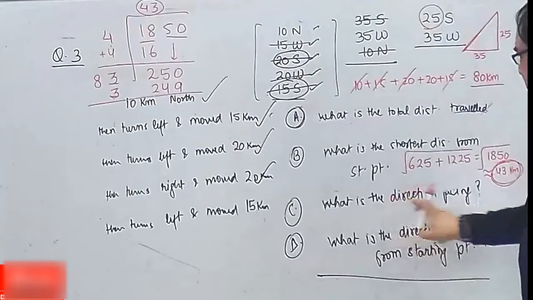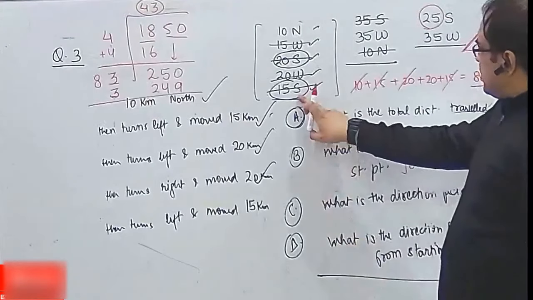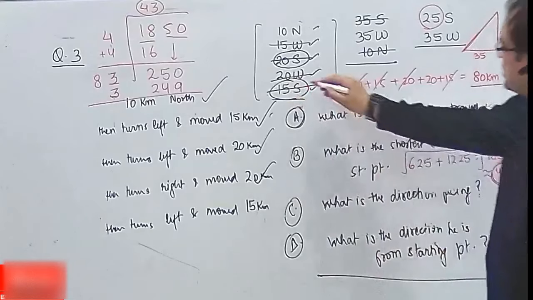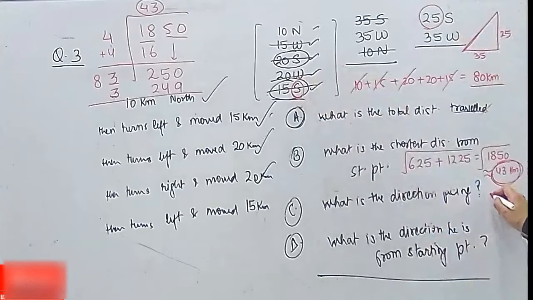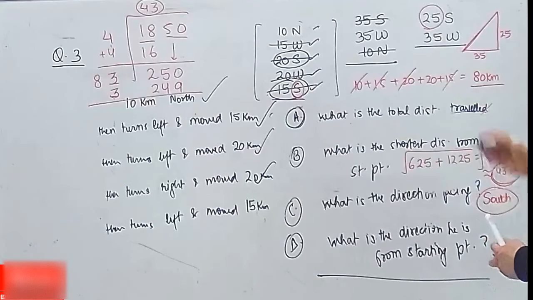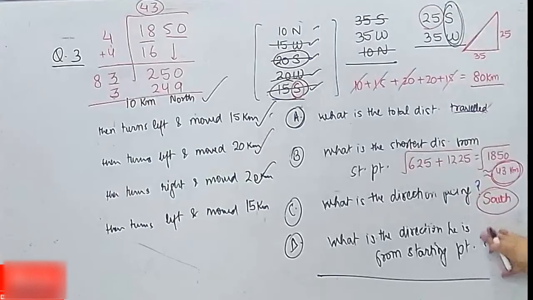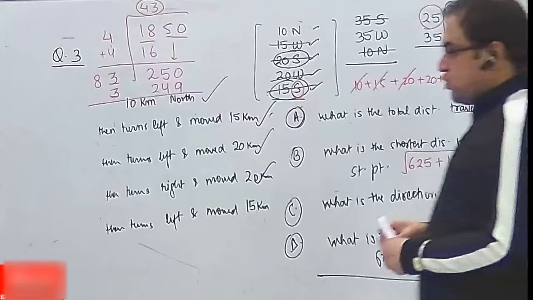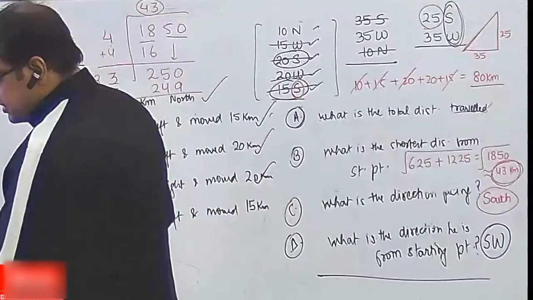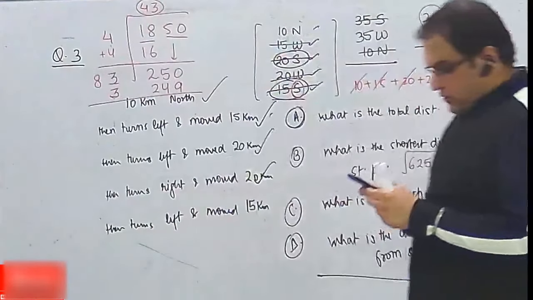अब डायरेक्शन, फेसिंग कौन सी डायरेक्शन है? उसने जो लास्ट डायरेक्शन चली, वो लास्ट डायरेक्शन कौन सी थी? यहां से हमने देखा था कि लास्ट डायरेक्शन है साउथ, तो साउथ इज द डायरेक्शन ही इज फेसिंग। ओके, और फाइनल आंसर हमारा ये आया था, तो इसमें दोनों डायरेक्शन कौन सी? साउथ वेस्ट है, तो डायरेक्शन ही इज ही फ्रॉम द स्टार्टिंग पॉइंट, क्या आंसर आ जाएगा? साउथ वेस्ट। तो इस तरीके से इन क्वेश्चंस को किया जाता है। दिस इज द शॉर्टकट मेथड टू सॉल्व सच क्वेश्चन।